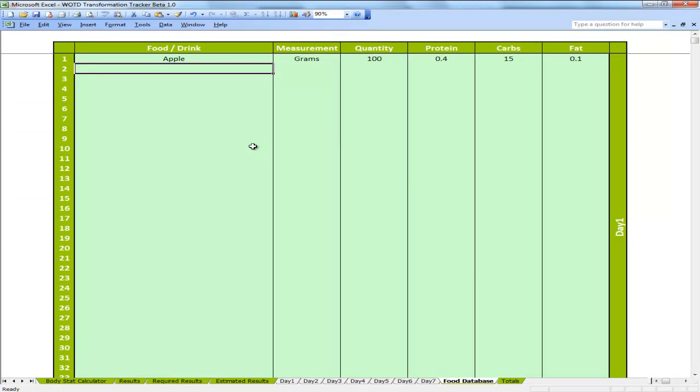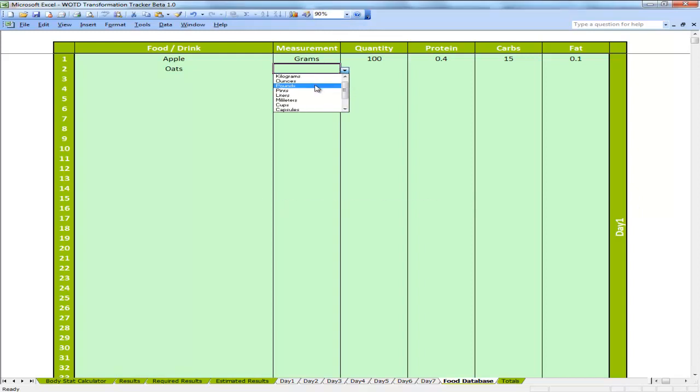So let's put some other things in there. I'm just going to make up these nutritional values. I'm not going to look them up. It's not really that important. So let's say oats. And put the measurements in. Where is it? Grams. There it is. Grams, and we'll say that you have